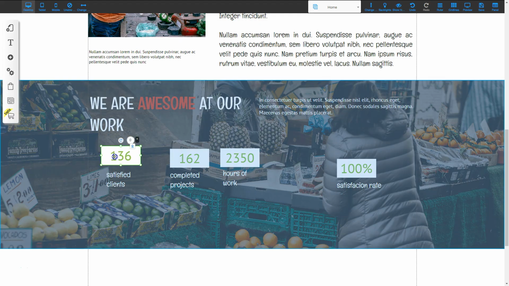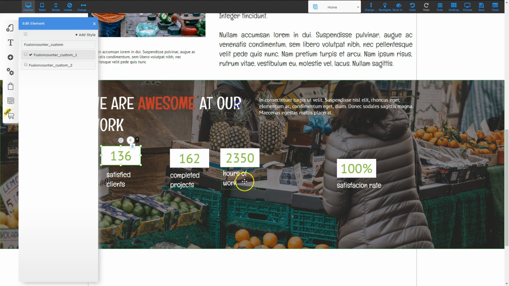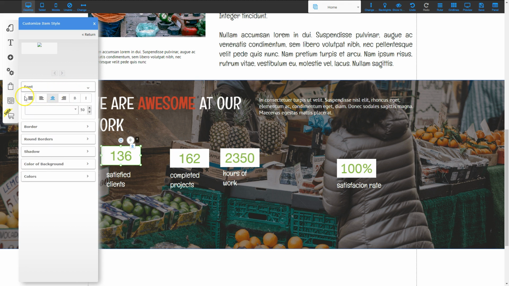So the first thing I want to do in this one is change the background and the color of the text. So I'm going to right click, and I'm going to go to Appearance. And there's a couple of different styles. I'm going to go ahead and keep with the Fusion counter, and I'm going to click the gear to change the style. Now on the font, I can click on that, and I can change how the font looks, including bold and the size. I think I'm going to keep the size the way it is. No, I think I'll up it. So let's go ahead and up it